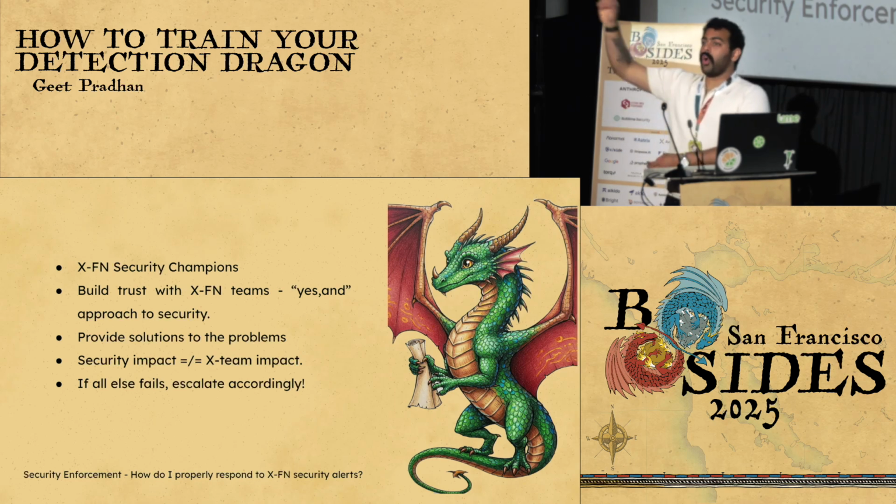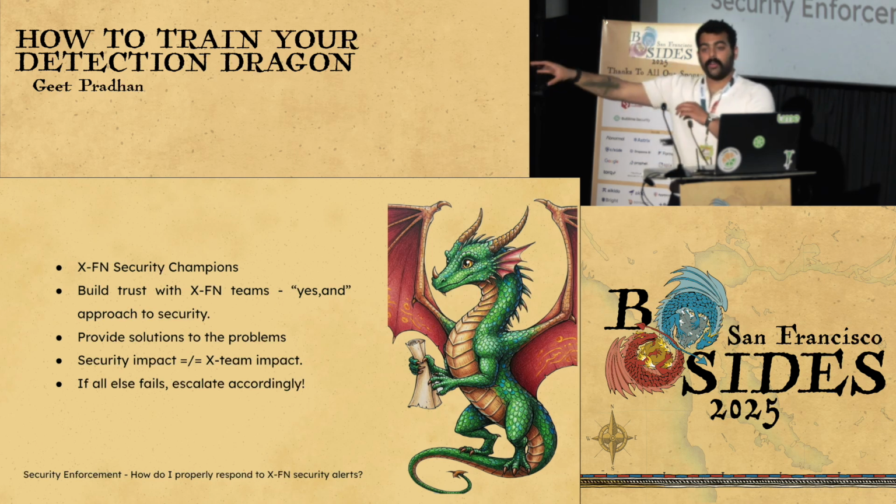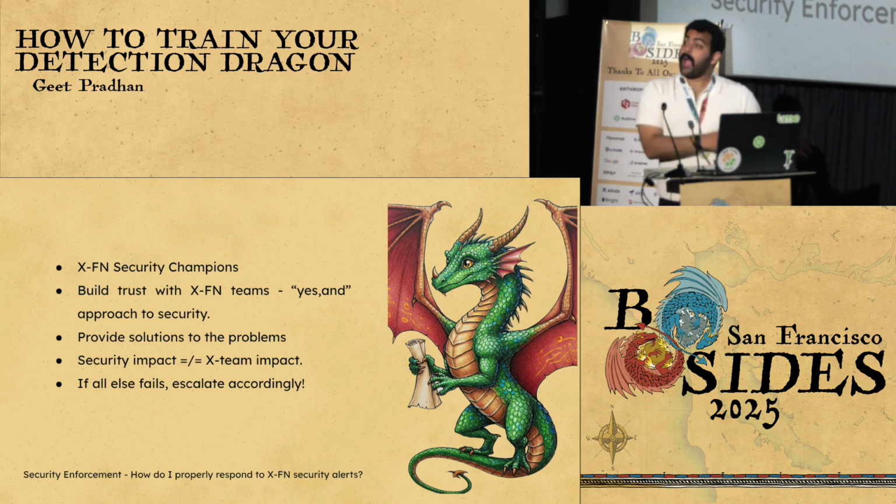Have these people talk to their teams and be like, okay, security is doing this. This is now what we need to do. Because they already have the ear of these teams, right? You don't have to reinvent the wheel. You don't have to keep convincing someone. You convince someone on their team and you empower them to convince the others, right? This is where you have to have back and forth. And this is how you build trust within cross-functional teams.